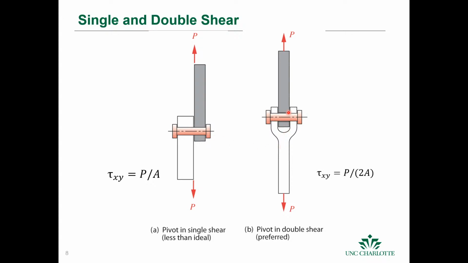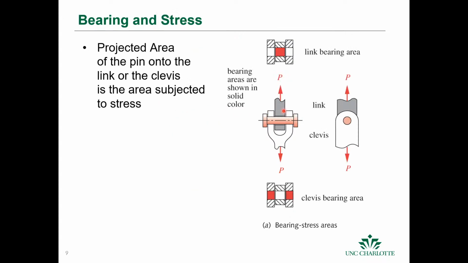If we have twice the area to carry the load, then the shear is half because it's carried by both surfaces, and so that's just shown here. We call this single and we call this double shear. When we have links in pin joints or even in bolted joints where you have them in either tension or compression, where you're transmitting loads through that pin or bolt or joint, then you'll also have something what's called bearing